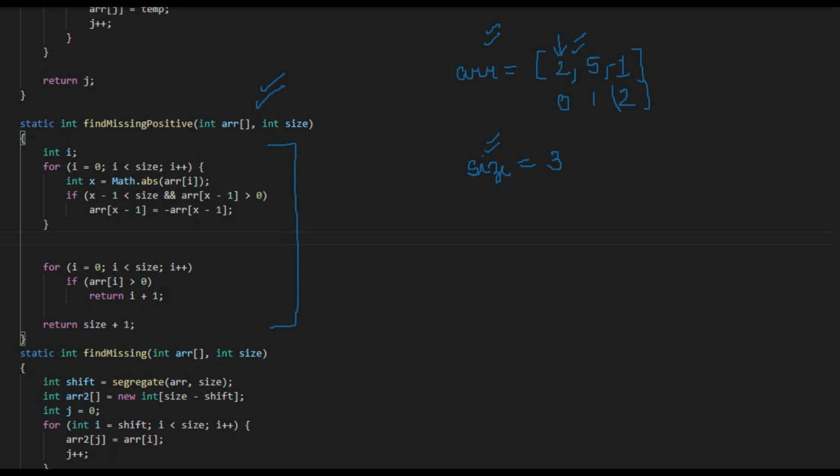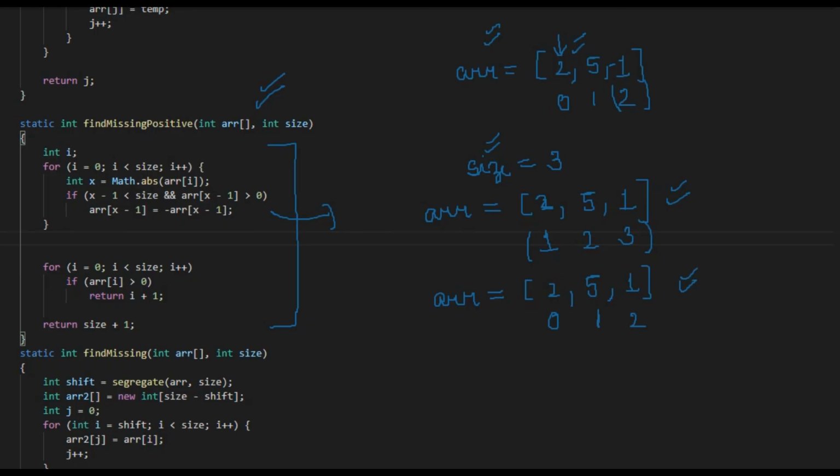Let's see how we can implement it with the help of code. So we have array is equal to 2, 5 and 1. And one more thing that we have to keep in mind: previously, we considered this array from the first index. That means we had 1, 2 and 3 as the indexes, right? But now, as we already know, array indexes start from 0. That means we have 0, 1 and 2 as the indices of this array.